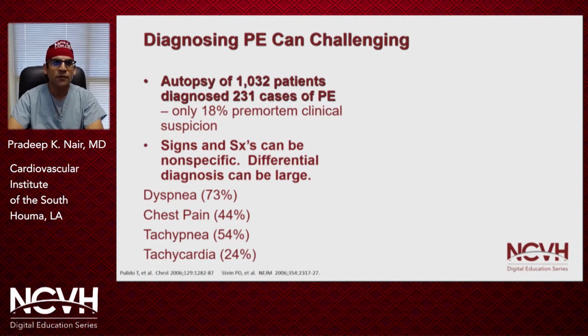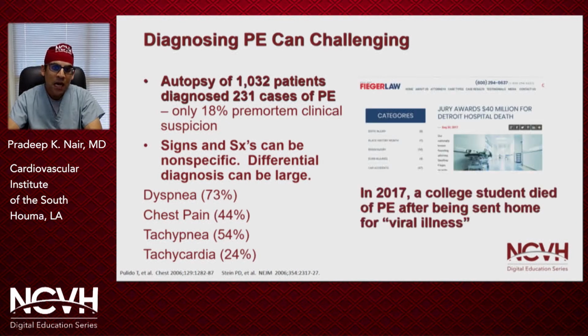So diagnosing PE can be challenging at times. It's not always straightforward. If you look at autopsy reports in patients diagnosed with PE at time of autopsy, only 18% had a pre-mortem suspicion for pulmonary embolus. And you can see the differential diagnosis can be quite large, but it's important for us to understand whether or not the patient has PE and to rule it out, not just for the